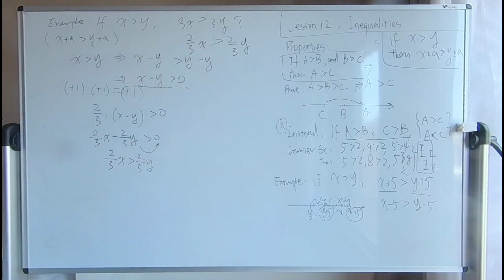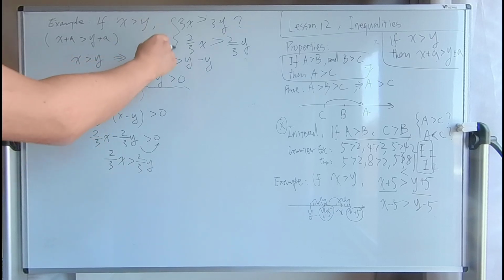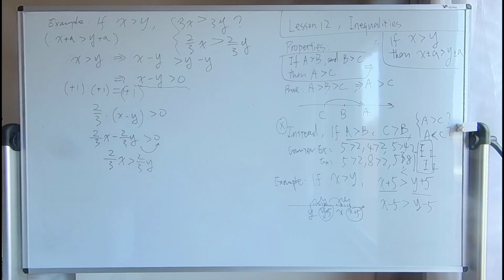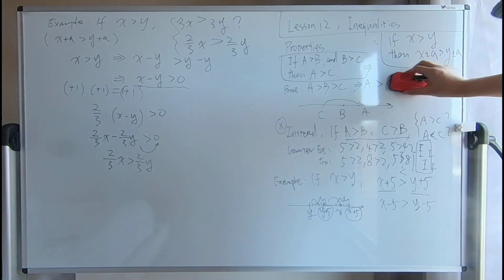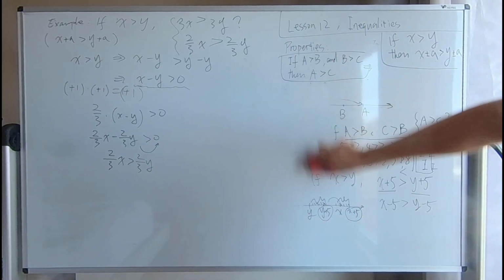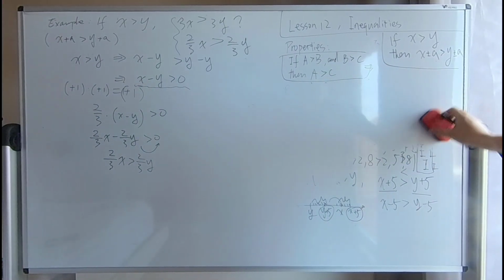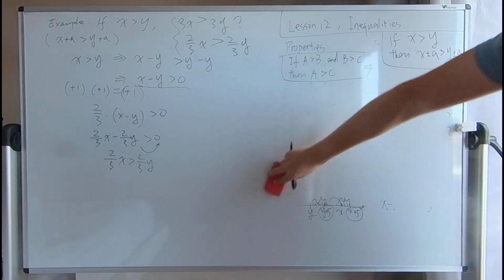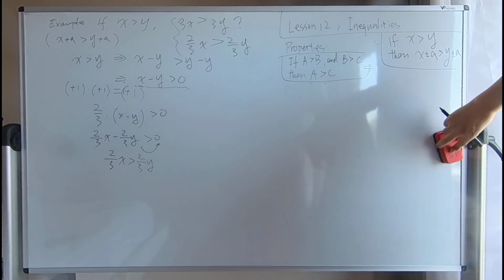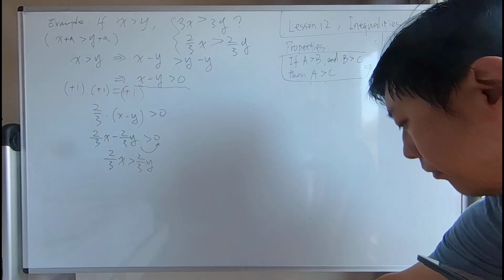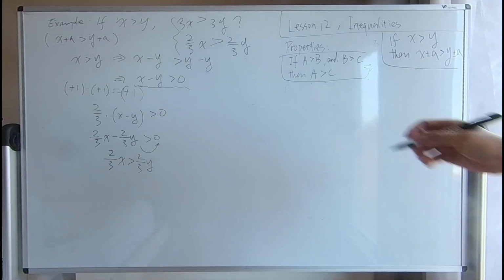So by proving this, I can conclude from here. I'm going to write all the properties on this other side. So I can conclude that